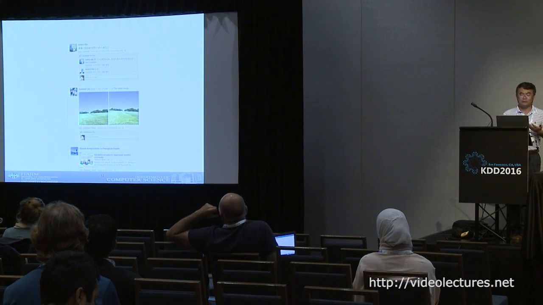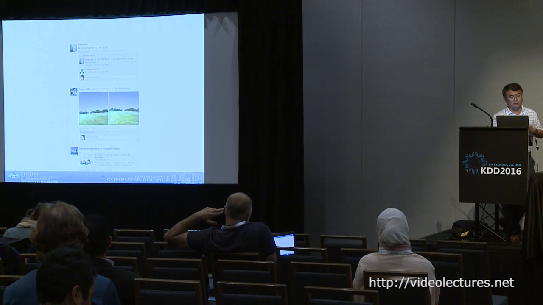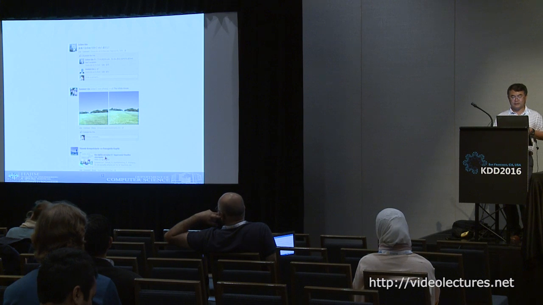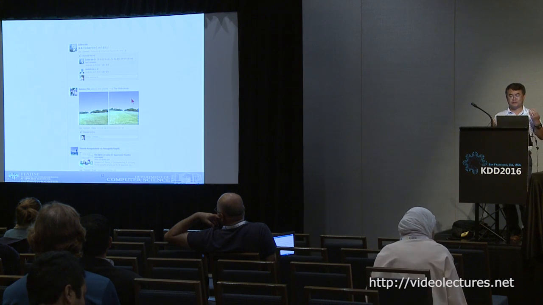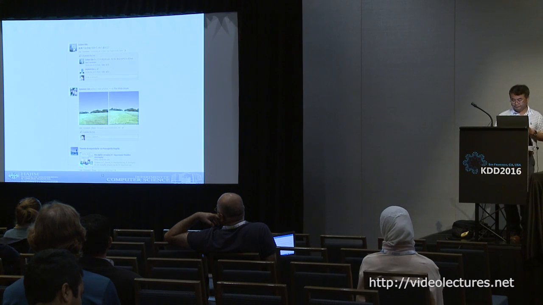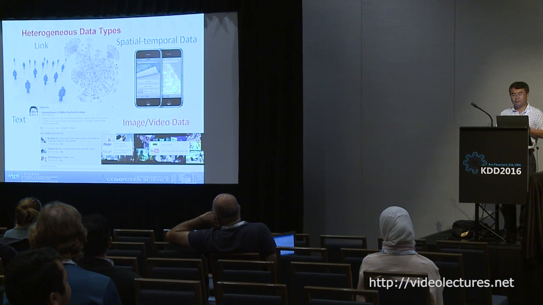This was an old screen capture of my Facebook account. It actually illustrates several points I already made. First, there are all kinds of languages, so I have all kinds of friends. A lot of researchers, some of them speak Japanese, and then some of them speak this language, which looks like Greek. It's actually Greek. Okay. But everyone can understand these two images, right? Blue sky and grass and so on. So this is how we view the image data in social media today.